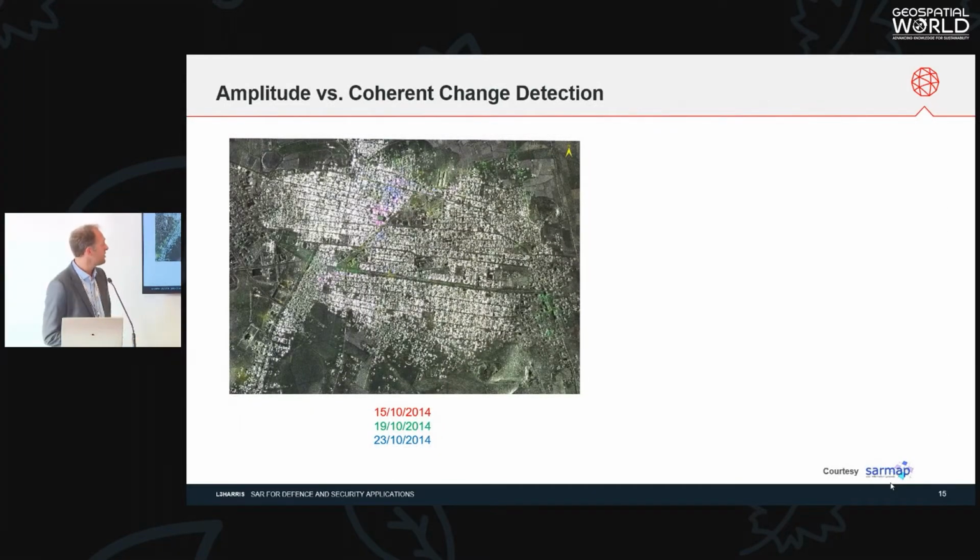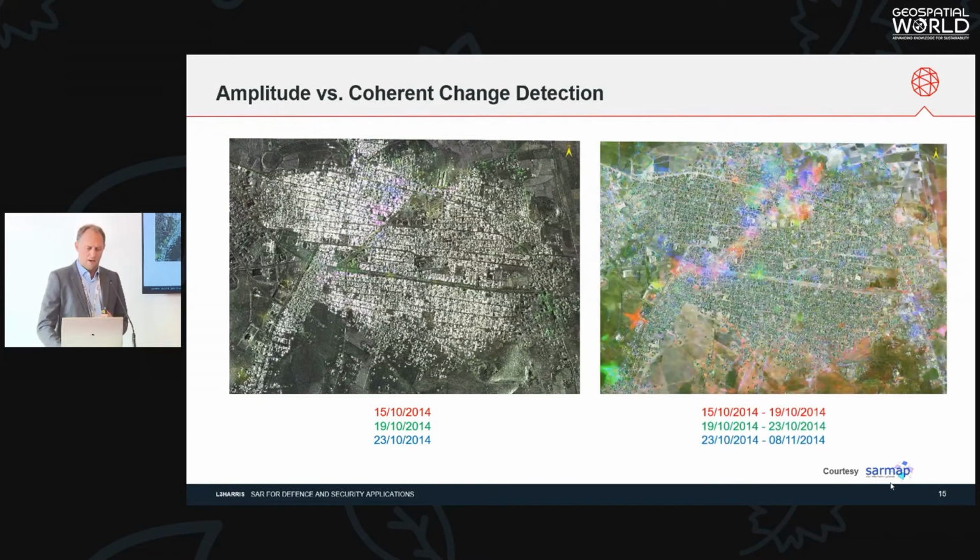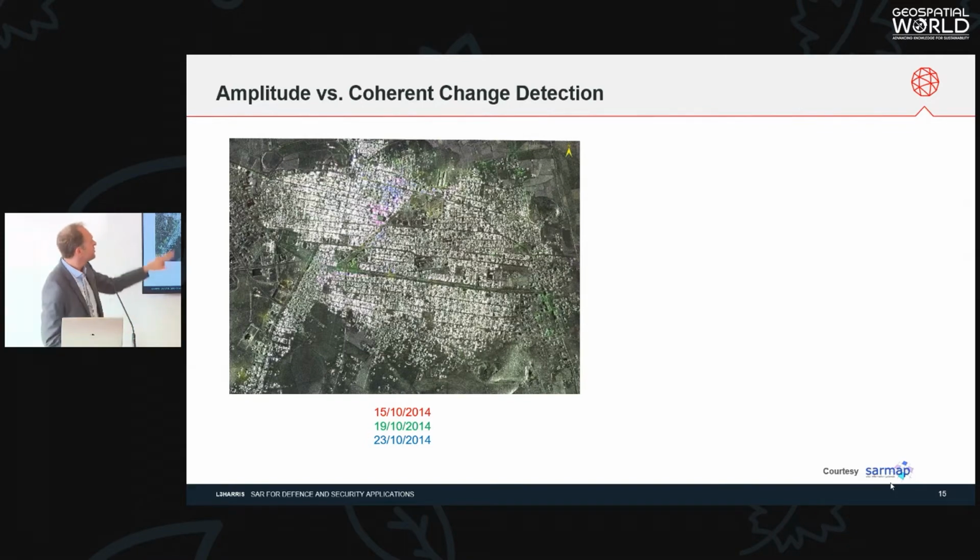Amplitude change detection: we're now in Syria during the 2014 conflict. Amplitude change detection shows you a bit where there's some activity. You can hardly see it here, but you know something is going on in these areas. And amplitude change detection is a great technology for a variety of purposes, but when we add a coherence change